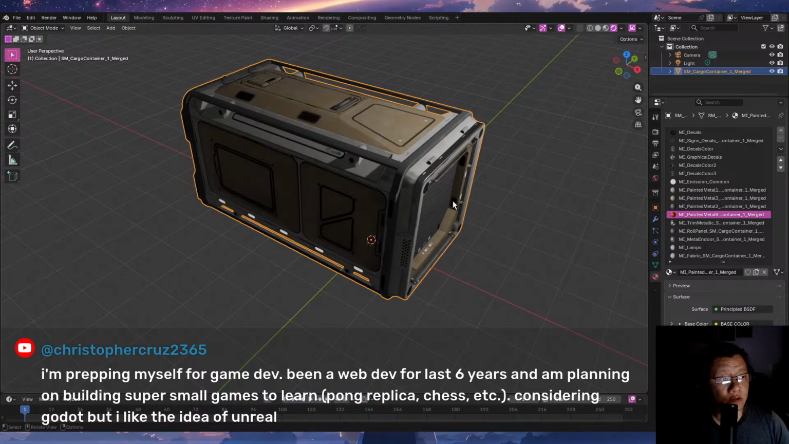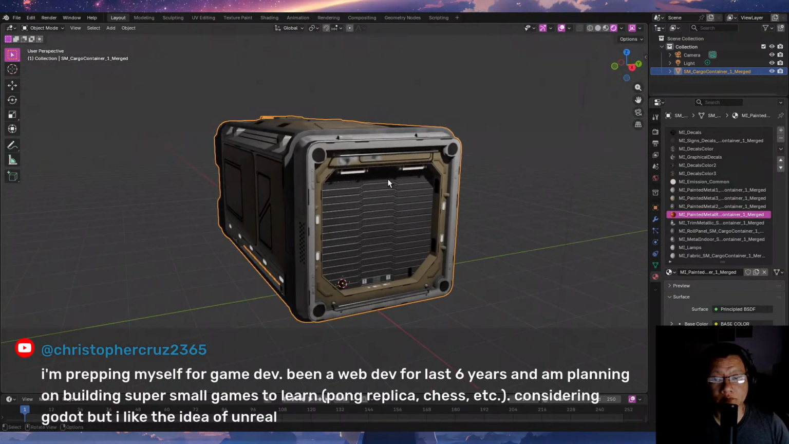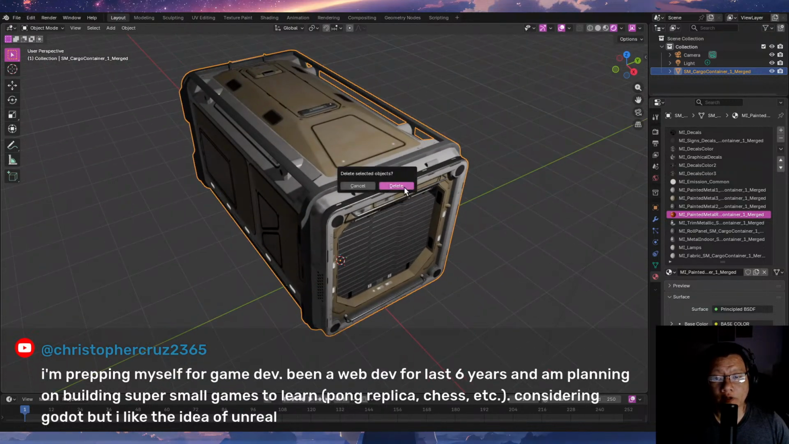I'm prepping myself for game dev. Been a web dev for the last 6 years, and I'm planning on building a super small game to learn, a Pong replica, chess, etc. Considering Godot, but I like the idea of Unreal. Yeah, I think